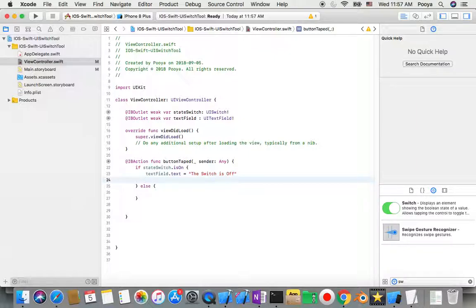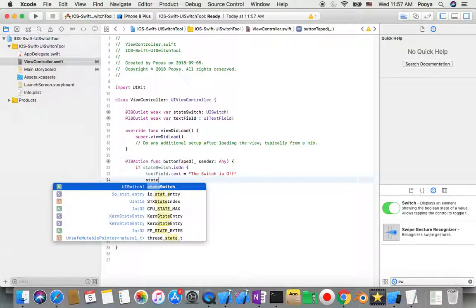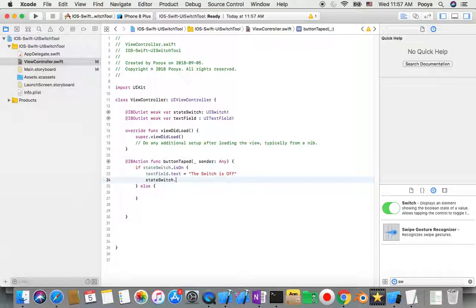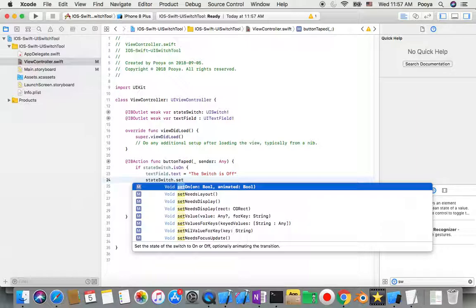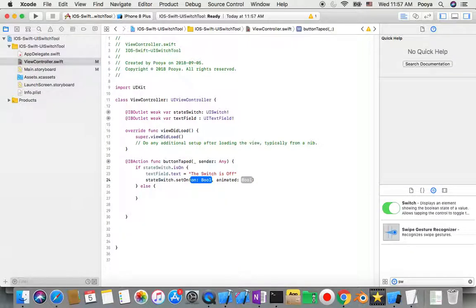You may say it should say on, no, when we tap on it means that we're gonna change it. So I update the text field, and then I go to state of switch and I just say setOn value, this time false. So I make it false. That's why I make my text field say false. And animated, yes, do it in animation way. Okay, and so